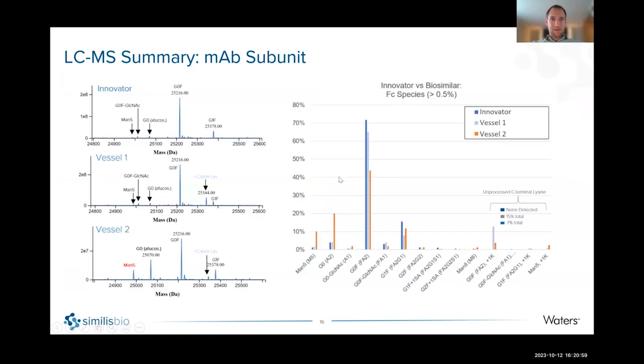We were excited. This figure restates the data in a visual form, so you can see the variation of the relative abundance for the innovator. I call them vessel 1 and vessel 2 here. So there are 2 different clones, 2 different media conditions. We do see variability, but it was expected. So it was good to see that we were able to pick up those differences reliably.